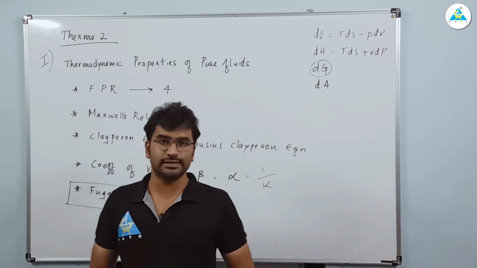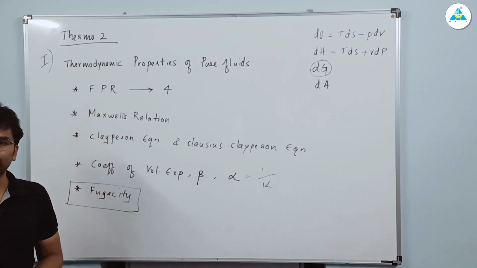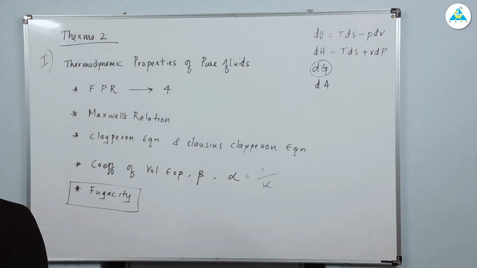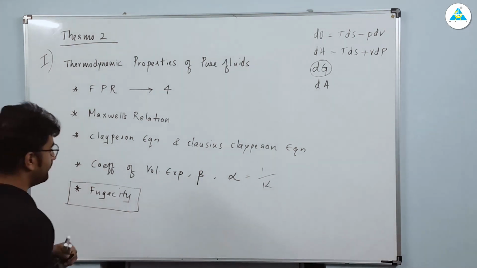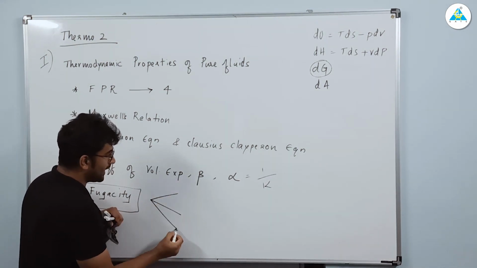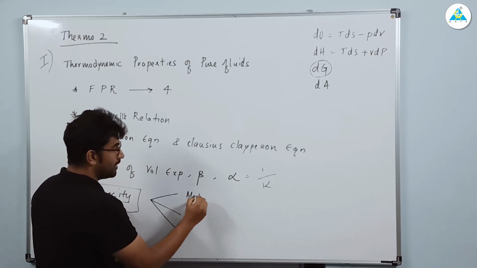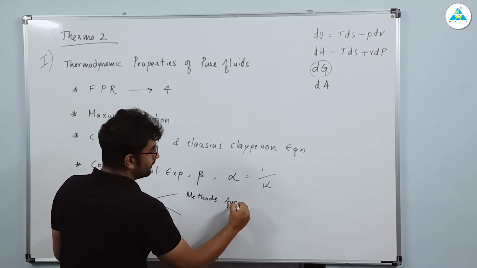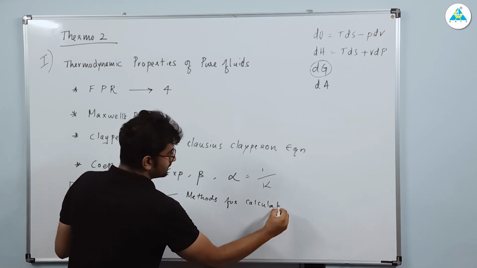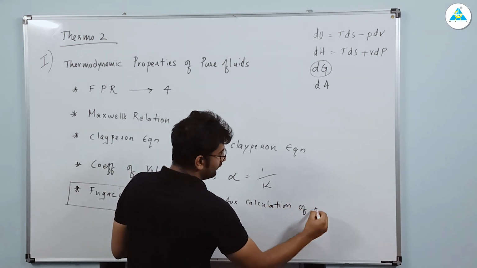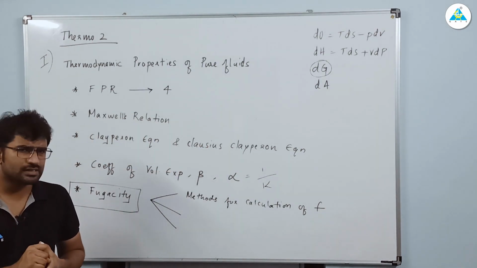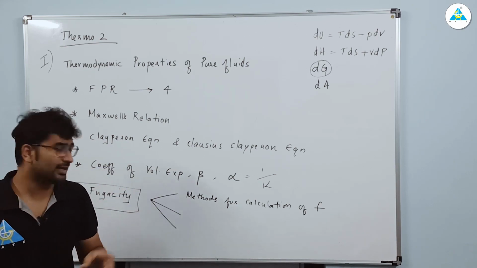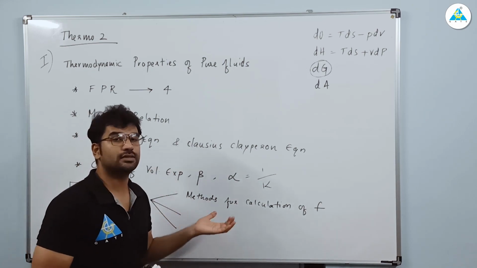So we will define fugacity, and we will write the equations of fugacity. So these things will be done in the first chapter, that is in your thermodynamics properties of pure fluids chapter. Then you have 3 methods for calculation of fugacity. One is based on compressibility factor, those kinds of methods. So we have 3 methods, okay? Those 3 methods also you need to remember,